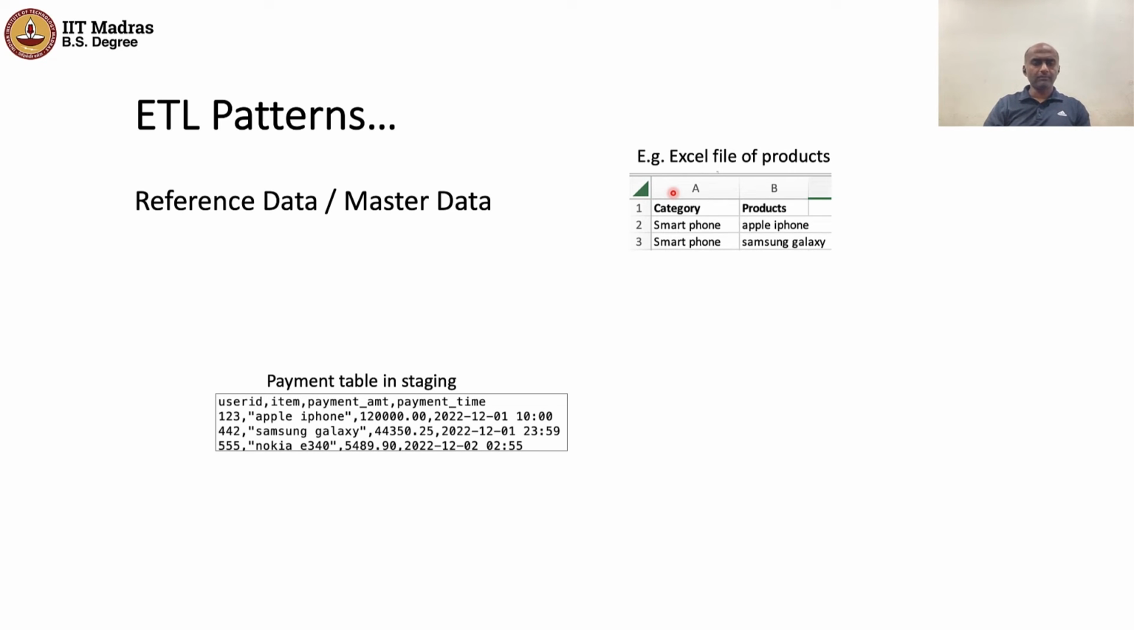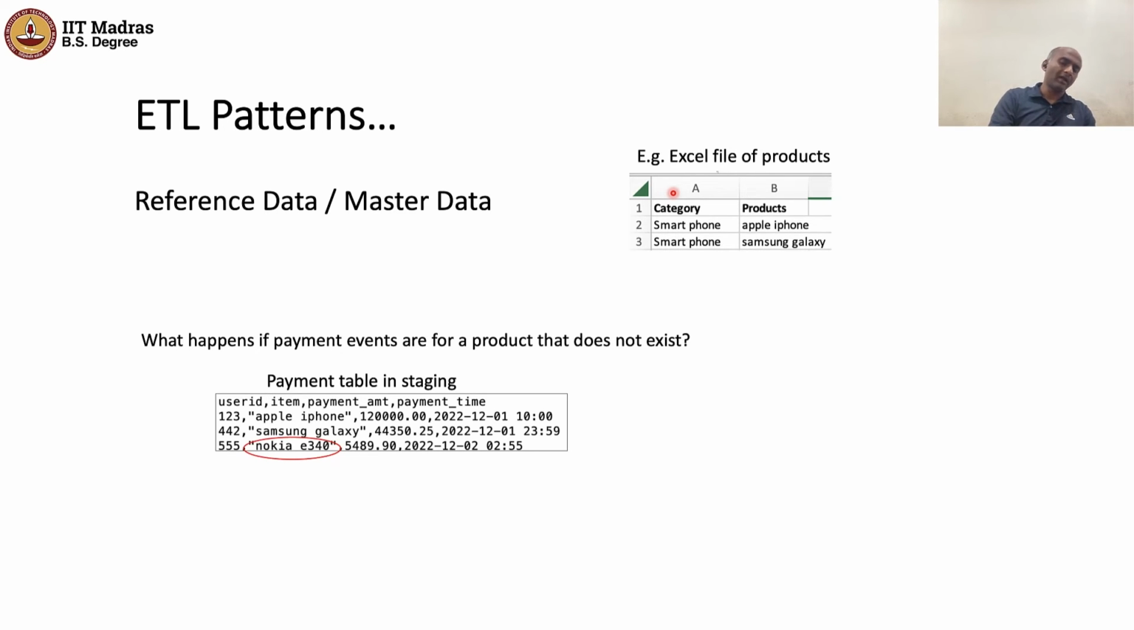Okay, so let's take a look again at the payment table that's become a friend now from the previous example. Same payment data. Here, what happens if you now see payment information for an item that does not exist in an Excel file of products? So again,